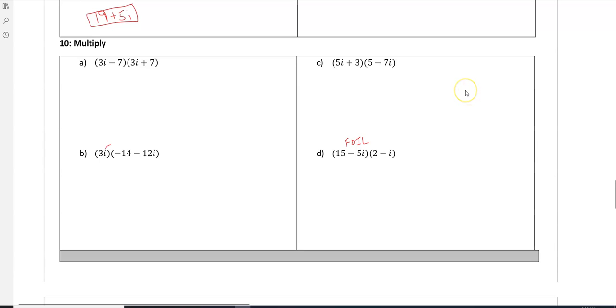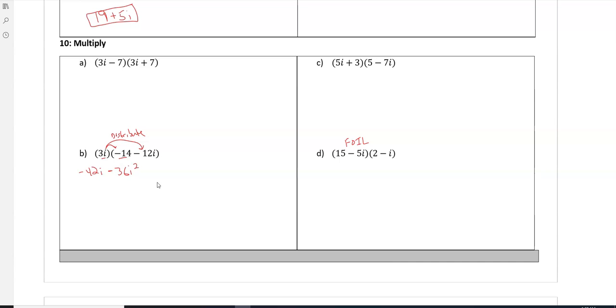And then you have one like this, and this is just distribute the 3i into both. So let's go ahead and do that. All right, so 3i times negative 14. What is that? That is negative 42i, right? And 3i times negative 12i is minus